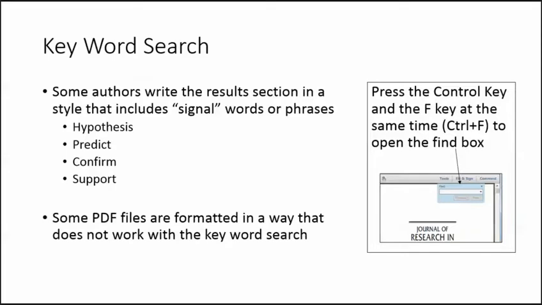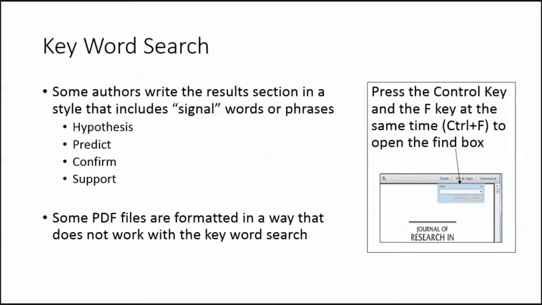In some articles, the writing in the discussion section does not make the actual results as clear, which means the authors and editors weren't consistent with APA style. Even when we find the information in the discussion section, it can be interesting to look at the related section in the results. In either case, it can be helpful to note that the authors sometimes use signal words or phrases when they present the statistical analysis in the results section.